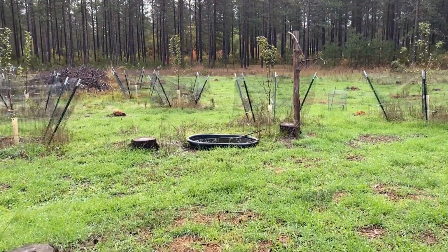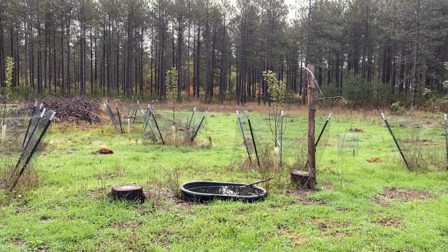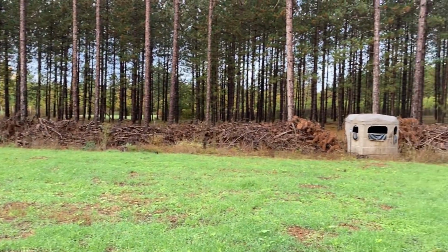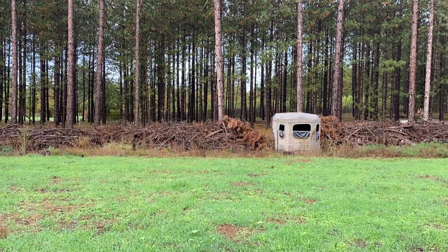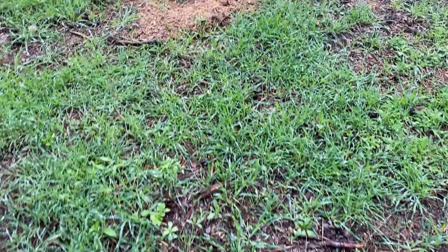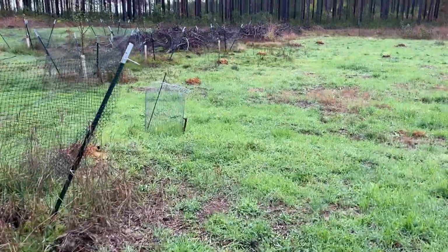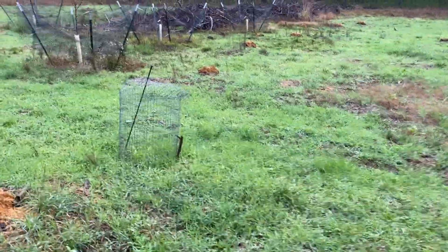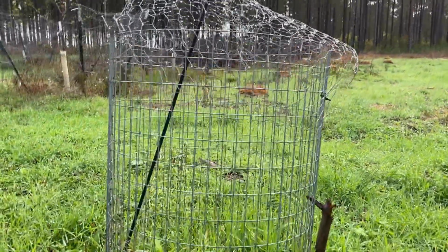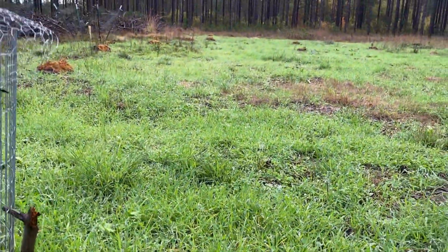There you can see the water hole, and I got a stick in that, so if a rodent gets in, it can get out. And then we got my screen, my blind, and there you can see the trail camera, and I can check the trail camera without even walking into this food plot. And then I just added a utilization cage over here a week ago, so we're not going to see much of a difference, but we can maybe see a little more height on the winter rye there than the surrounding areas. So